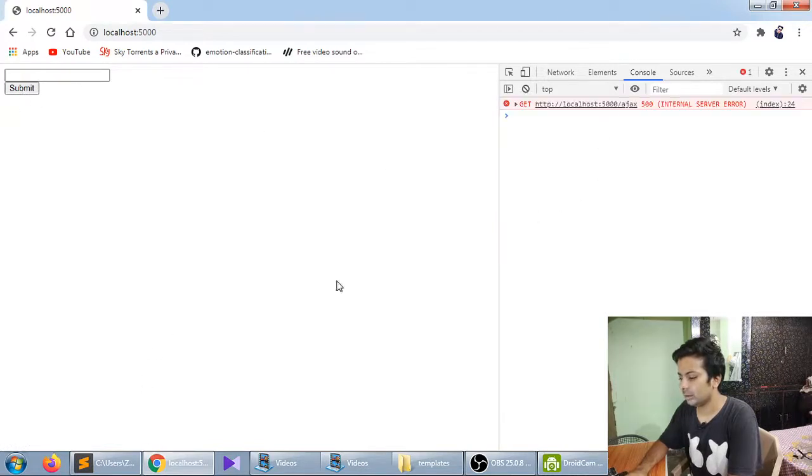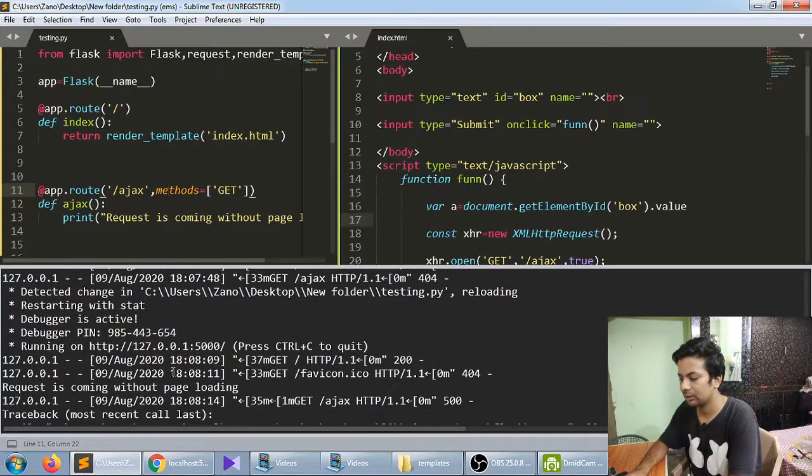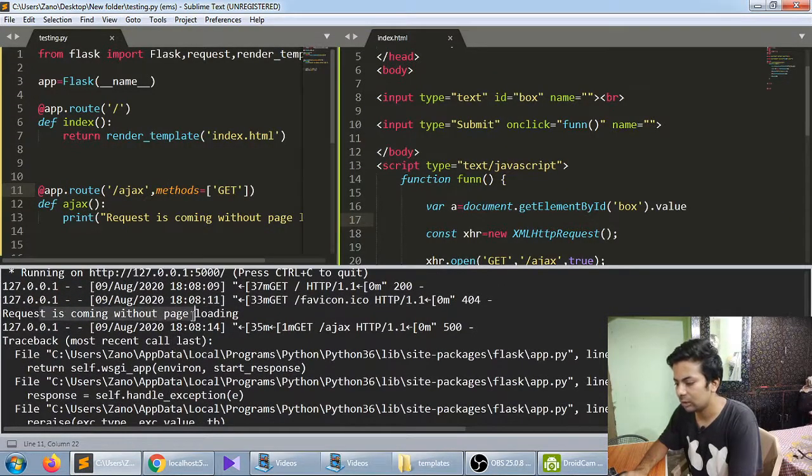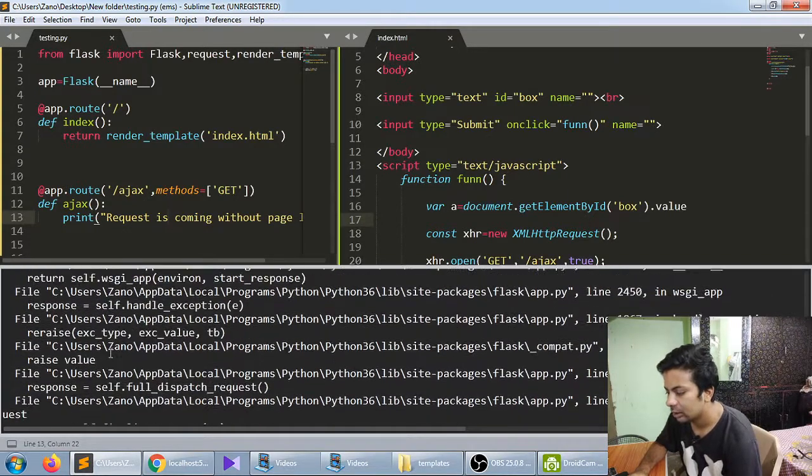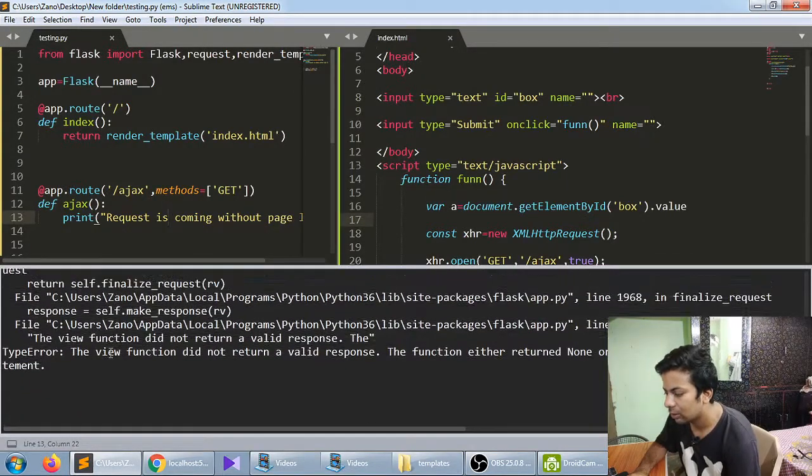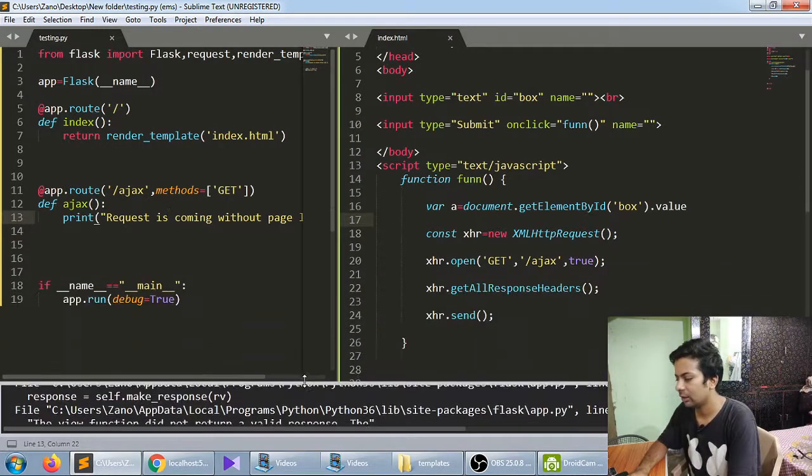Okay, see, internal server error, I am supposed to give something back, but I haven't. See, request is coming without page loading, this thing that I have printed here. And this is the error part, because we are supposed to return something in response, so we haven't returned.